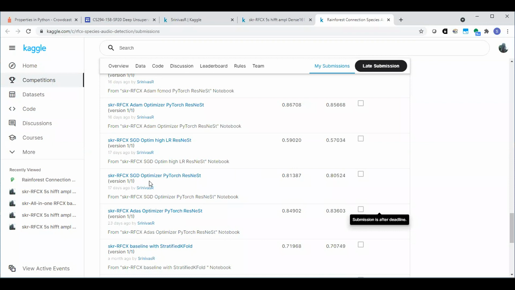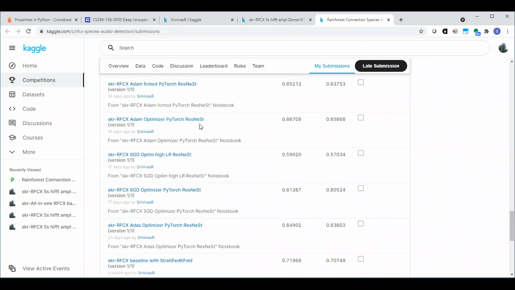So it seemed like, for this network and for these kind of optimizers, it seems actually for this network, I should say, because independent of optimizer, using a very high learning rate actually caused the score to drop. So I went back and switched the learning rate back to what it was for these two. And I used the ADAM optimizer to see, do I really have to use this weird ADAS one? And sure enough, it gave me a really good score. As you can see, this score with just the ADAM optimizer is the best that I've gotten so far. So I'm still continuing to use the ResNet,